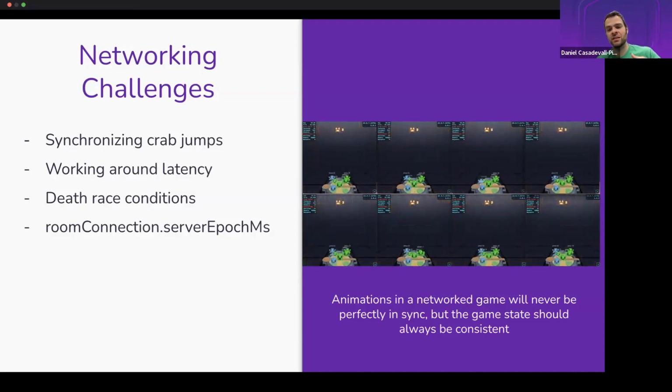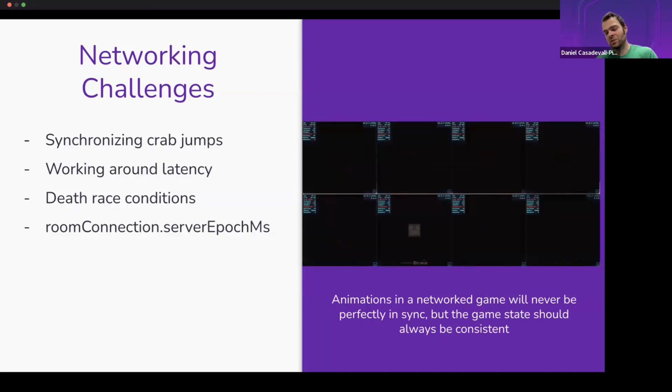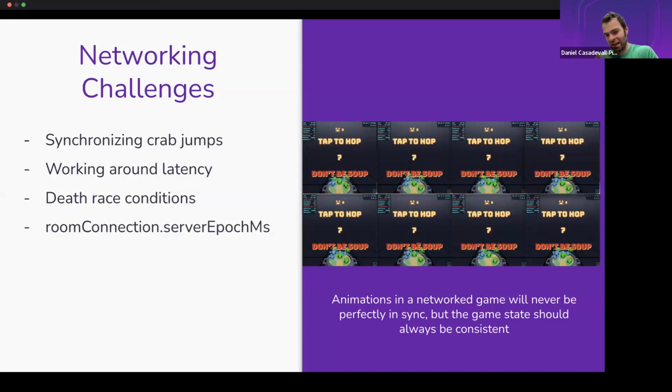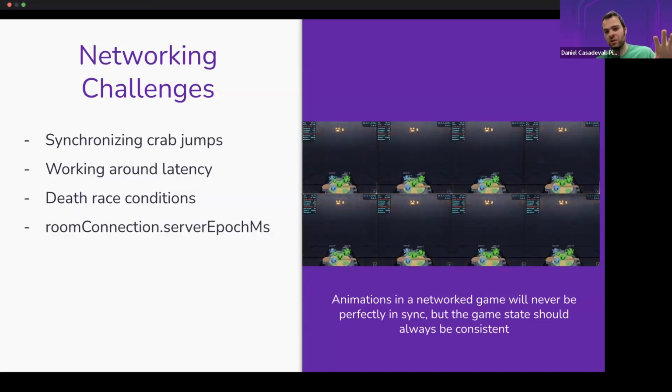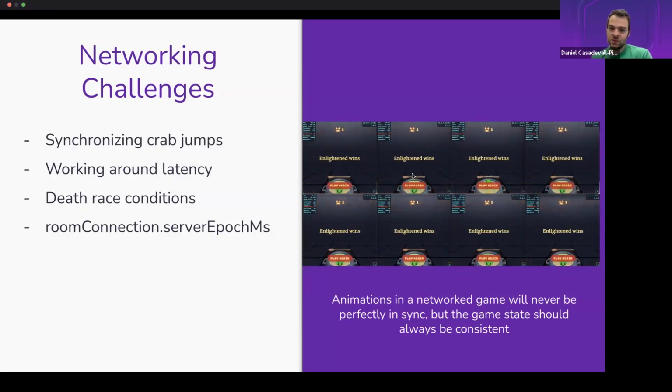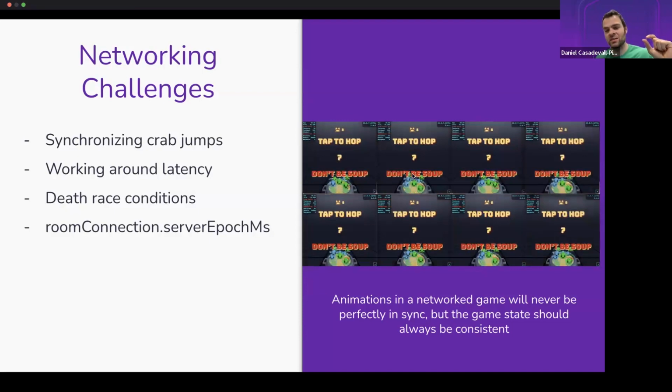And it will never be, because there's latency between clients. So I will know that you have jumped maybe 200 milliseconds after you actually have jumped. So it's impossible for me to know that immediately. So it's okay. As long as when I jump, that means that I jumped and the game doesn't kill me. All that counts is that the state is consistent. Other peers know that I died when I've died, even if they see me jump later. All the peers know that I did not die, etc. That is the game state. That needs to be consistent. All other peers will not notice if they see me jump like 100 milliseconds later.